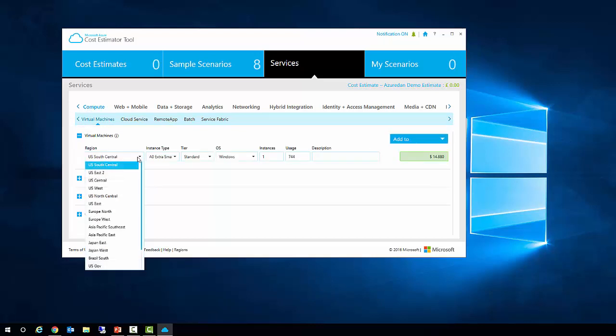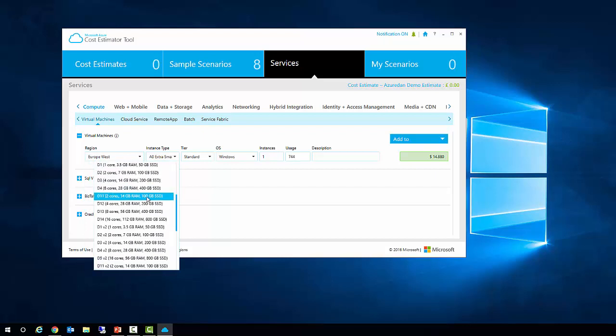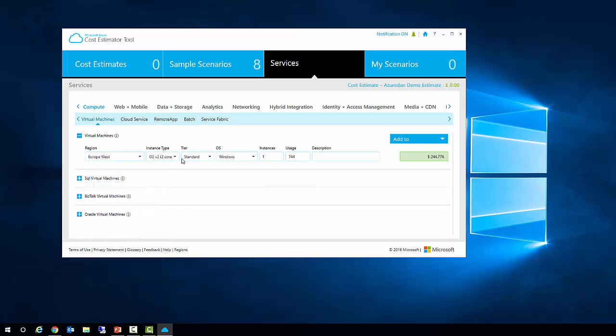So under virtual machines, I'm going to choose that I want to go Europe West. I want to choose a DV2v2 machine. I want it to be on a standard tier running Windows, and I want one instance running continually, so 744 hours. From here, I'm going to give it a description and call this the domain controller. Okay, so with that done, I can choose to add that into the Azure Dan demo